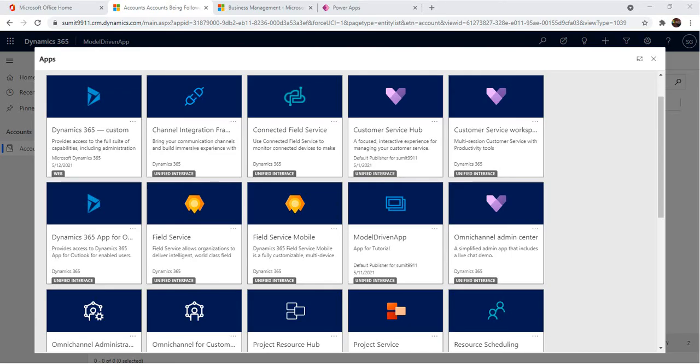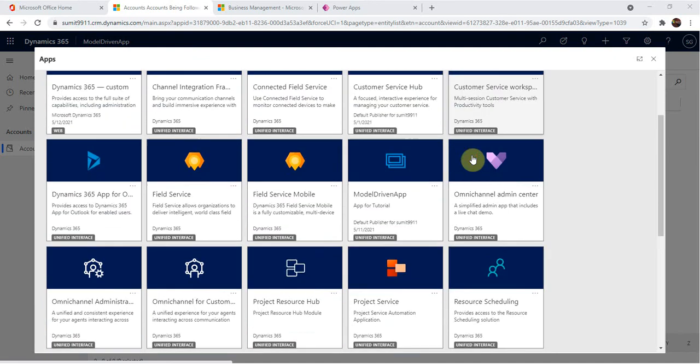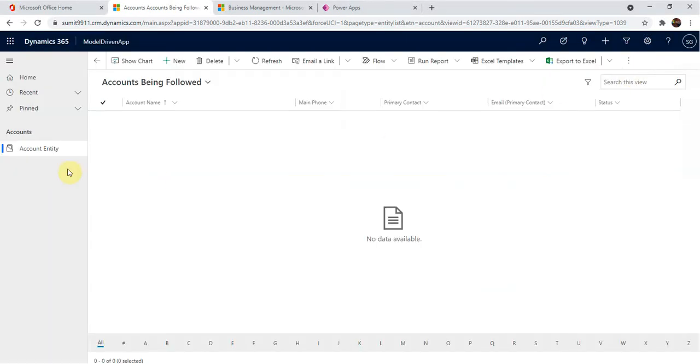So if you log into Dynamics customer engagement, you will see there are multiple modules or apps present, and these are all your model driven apps. The reason they are called model driven apps is that the design and implementation of these apps can now be more specific to your business requirements and business users. You can design the navigation, the views which would be available, or the forms which would be available to the user for access.